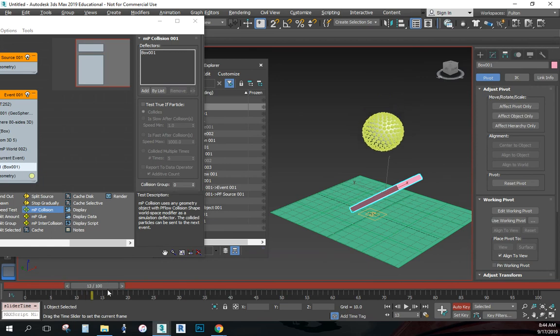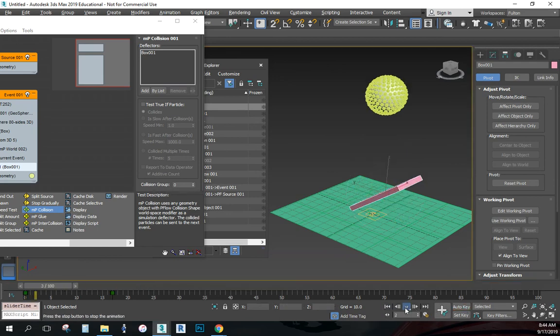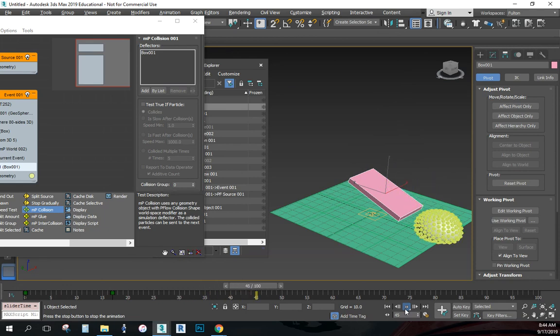So when I play this through, let's say I want this to turn that way, turn that off, change the shape, time it right, you can make it swat that ball across your screen. So that's pretty much it for